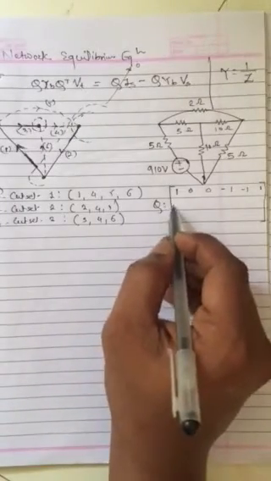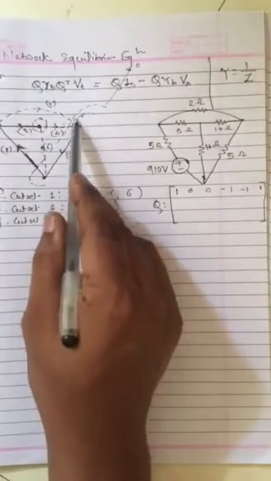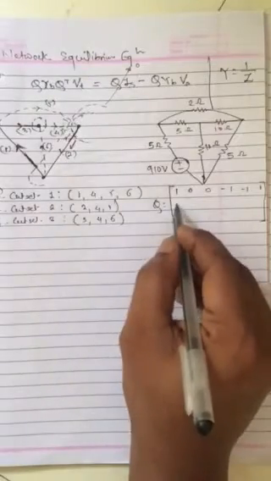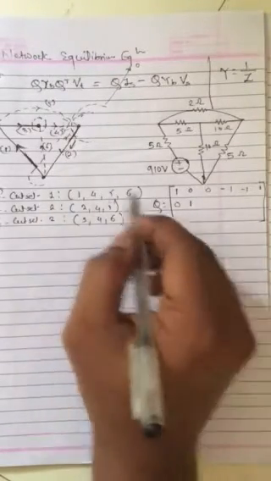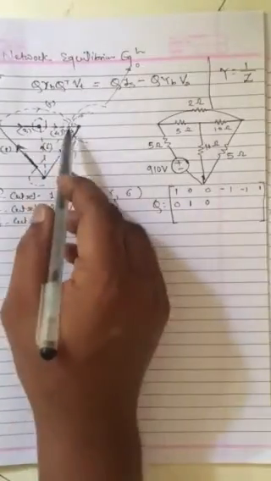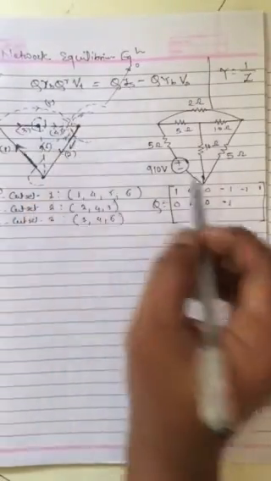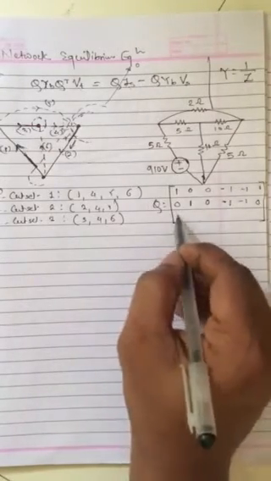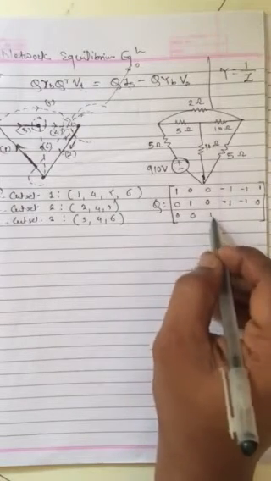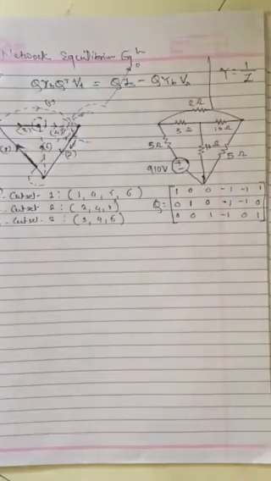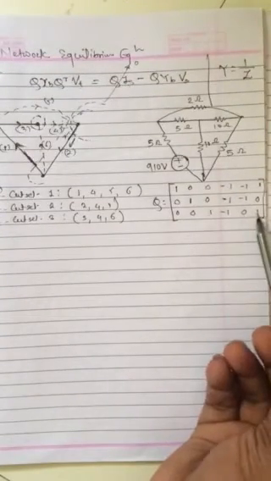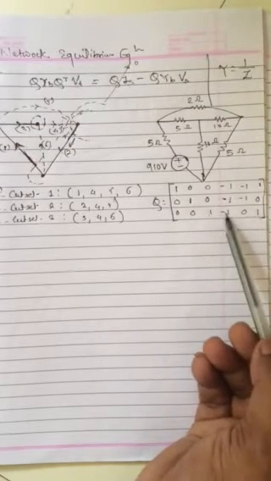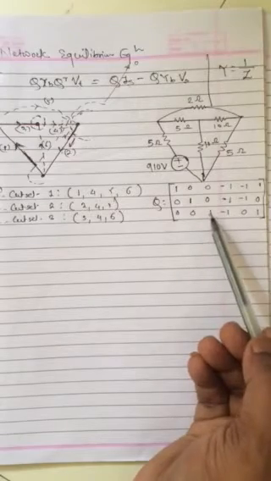Similarly, for cut set 2, here outward is positive. Branch number 1 is not present, 2 is present, and the twig direction is always positive. Branch number 3 is not present, branch number 4 is present but opposite, so minus 1. Branch number 5 is present but opposite, so minus 1. Branch number 6 is not present. Similarly for this one, I can write 0, 0, 1, minus 1, 0, 1. You can check it. Branches 3, 4 and 6 are present, out of which 3 and 6 align with the twig direction, and the fourth is opposite, so minus 1.